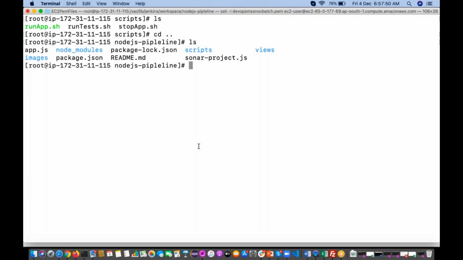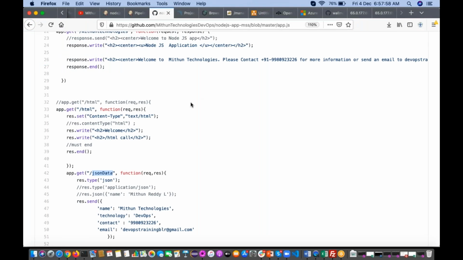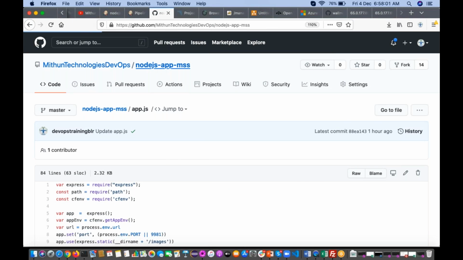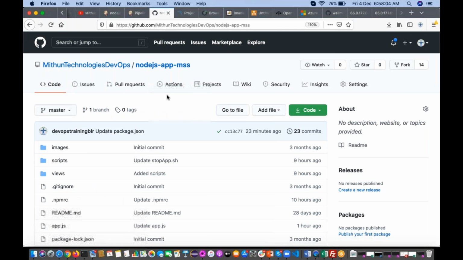Clear guys? Anybody have any questions about this? So use this repository for your practice. I'm going to extend it. Right now, what I did, I ran that application using npm start. Instead of that, I can create one Docker image. That Docker image I am going to run. Maybe I am going to add that in the further batches. Okay, that is what we are going to follow.